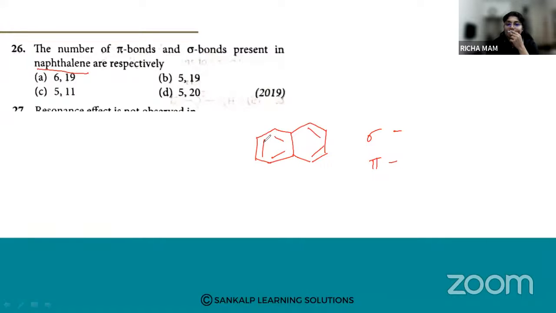Pi bonds are 1, 2, 3, 4 and 5. So these are the pi bonds. So 5 pi bonds, right? Then what are the sigma bonds? Calculate the sigma bonds. So 1, 2, 3, 4, 5, 6, 7, 8, 9, 10, 11,